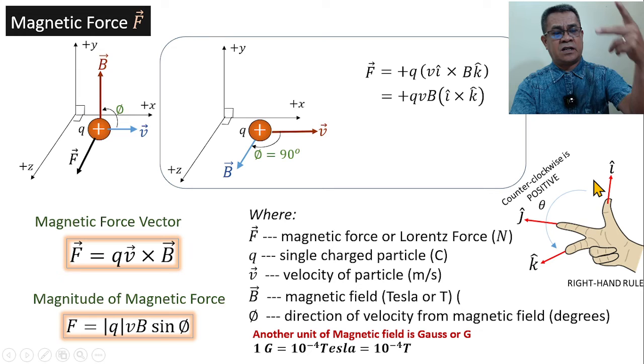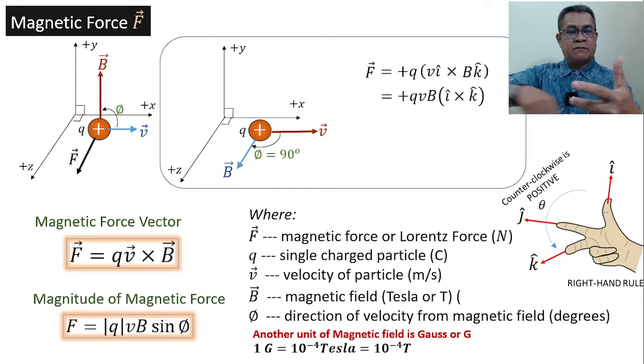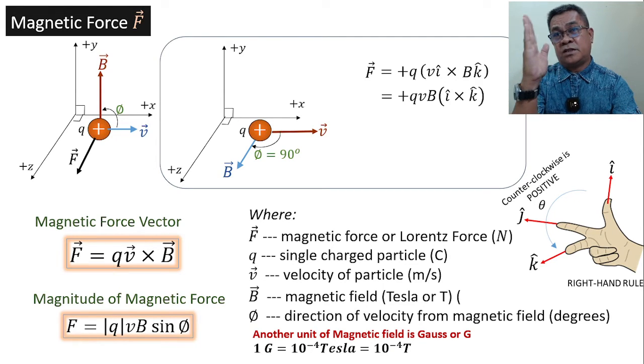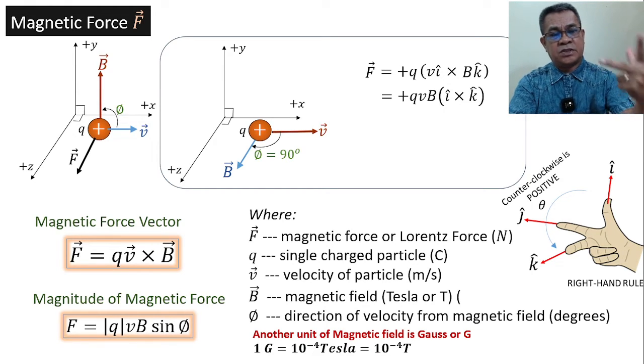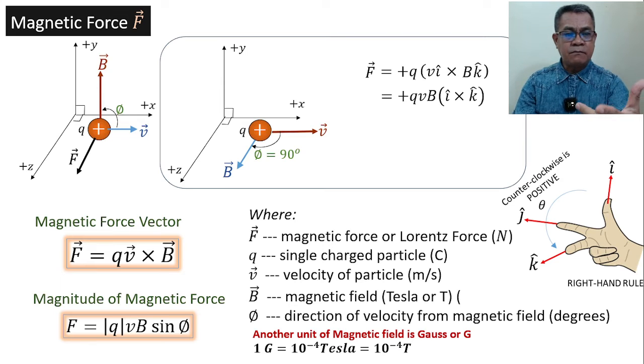If you use the right hand rule, the positive angle of rotation should be counterclockwise, similar to our Cartesian plane. The standard angle comes from the positive x-axis in quadrant 1, then towards quadrant 2, and the angle is positive. Now if the rotation reverses, from quadrant 1 to quadrant 4, then the angle is negative. So in the right hand rule, if you stretch your thumb, your index finger, and your center finger,